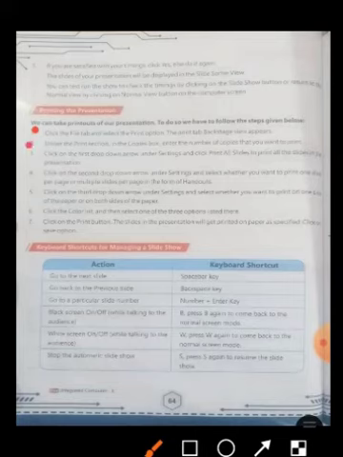Next, under the Print section, in the Copies box, enter the number of copies that you want to print. Then click on the first drop-down arrow under Settings and click Print All Slides to print all the slides in the presentation. If you select to print all the slides, all the slides will be printed. Next, click on the second drop-down arrow under Settings and select whether you want to print one slide per page or multiple slides per page in the form of handouts. So it depends on your choice.